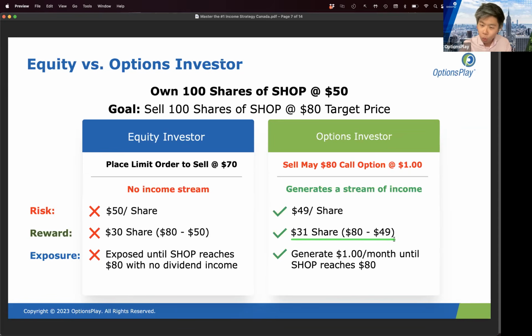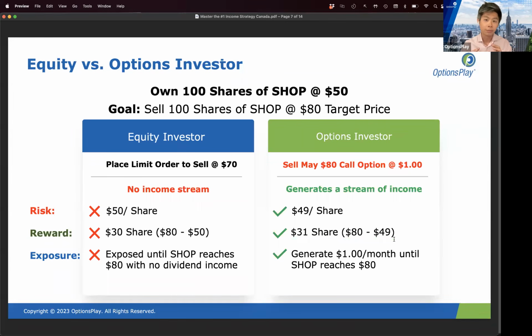Perfect. Now, I've spent nearly 20 minutes on these 2 slides for one very specific reason, because it's really important to understand this concept before we proceed any further. Once you understand this concept, everything else becomes a lot easier. Everything else just becomes learning some of the mechanics and executing on it. But before you can do that, you have to understand the concept.